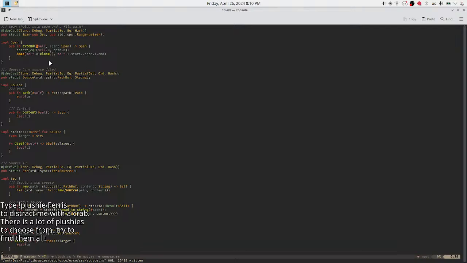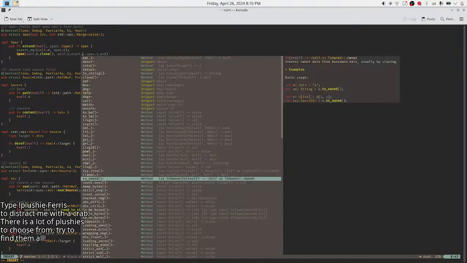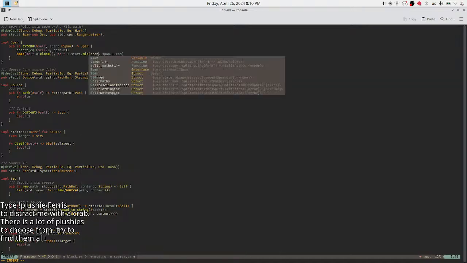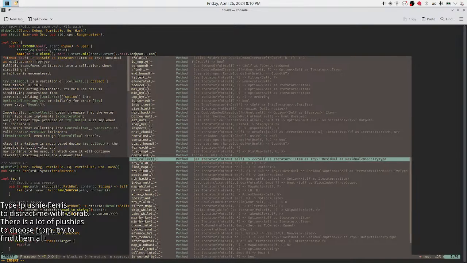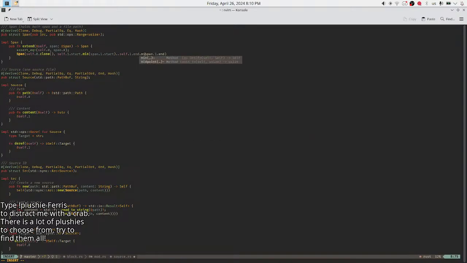I think since I'm borrowing here, just do this, move it. Actually, I don't need to move it here since I'm cloning anyway. So, here I should probably do a self start min span start and self end max span end.